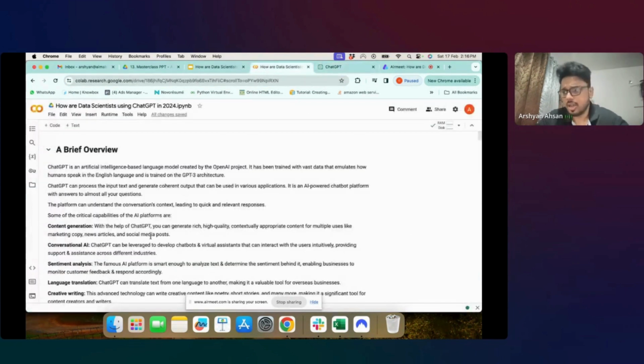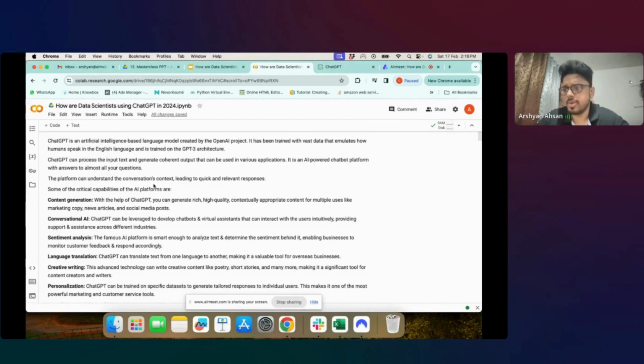So till now, I think all of you must already be aware what ChatGPT essentially is, right? ChatGPT is an artificial intelligence based large language model, which was created by OpenAI, a company based out of USA. And what are the major use cases that ChatGPT is helping out with today? The common use cases, even for people from a non-technical background, no matter whether you are from HR, sales, marketing, or you're a freelancer, or a student, or you are pursuing your PhD or masters, everyone is using ChatGPT in some way or other.